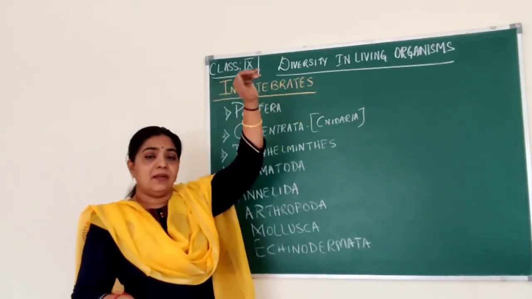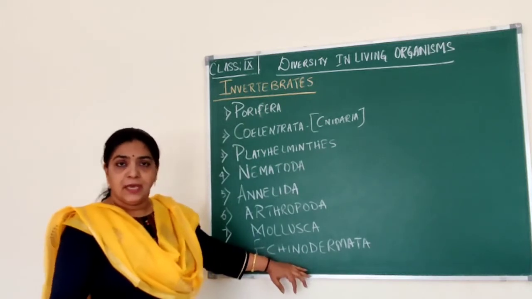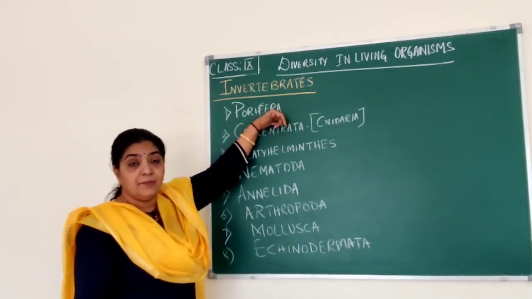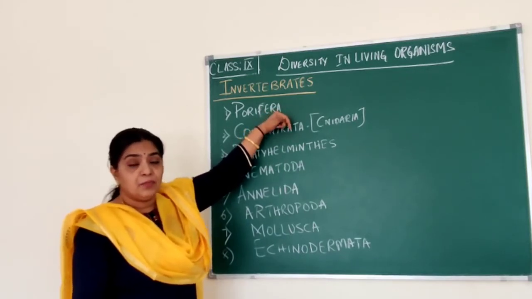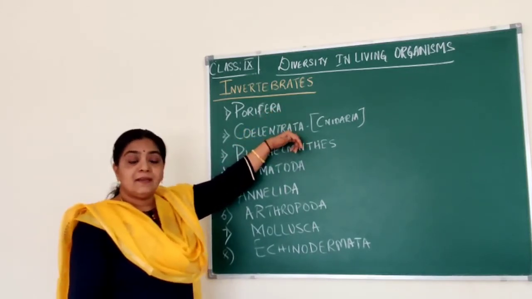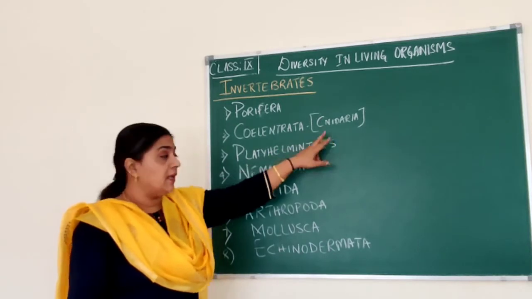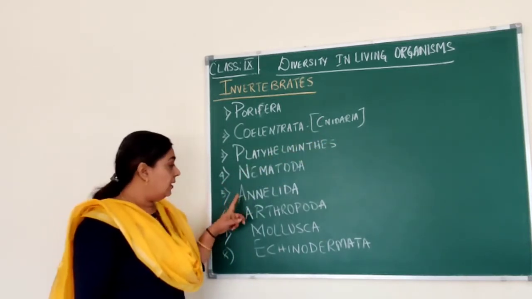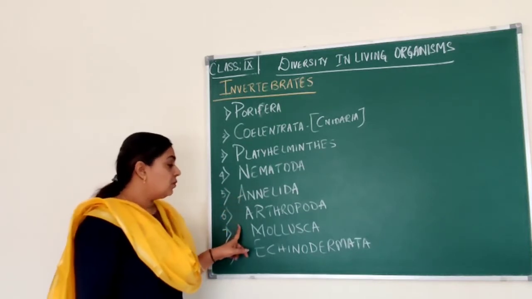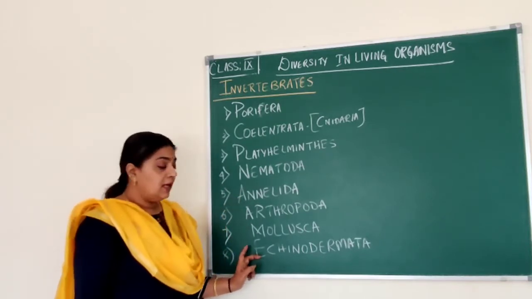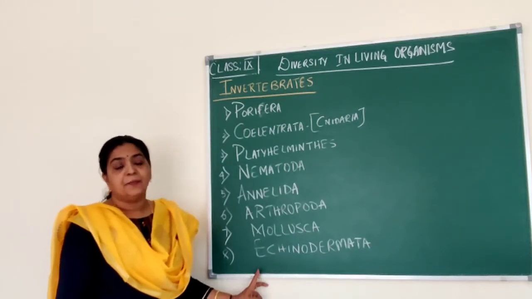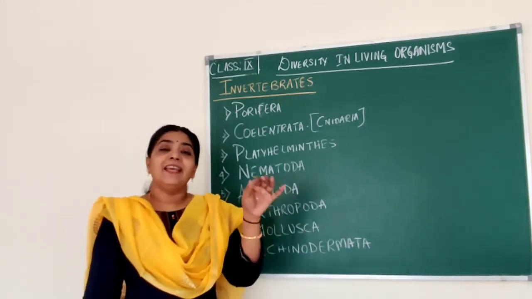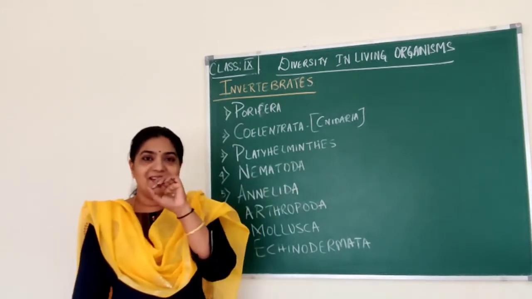The first one, let me just read out the 8 phyla. First one is phylum Porifera. Then Coelenterata, otherwise called Cnidaria, Platyhelminthes, Nematoda, Annelida, Arthropoda, Mollusca, Echinodermata. See, these names are taken either from Latin or Greek, and each has a particular meaning